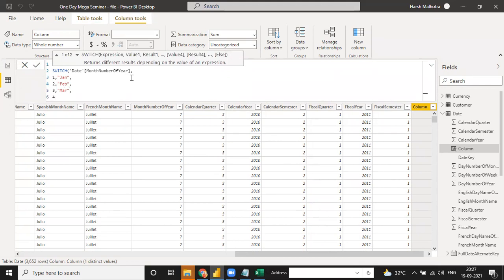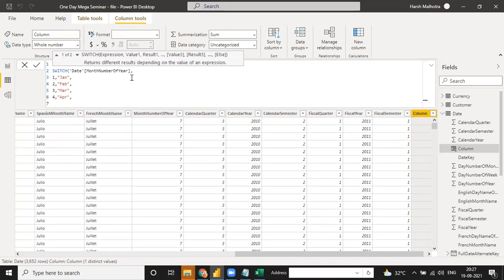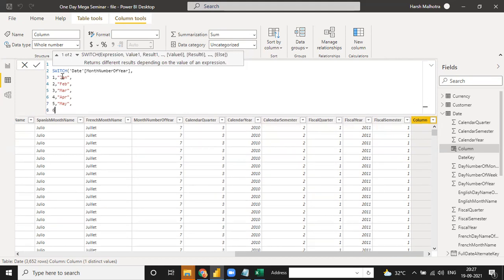If it is 4, the value will be April. The same way you can write it till December. Like 5, you can write as May, and always select the inverted comma, because the value if true is always in inverted comma. In Excel also, the value will be in inverted comma.